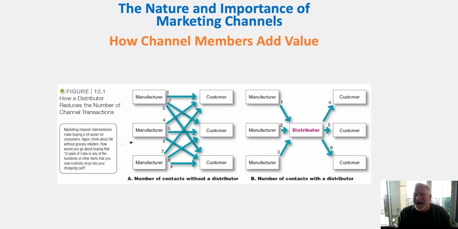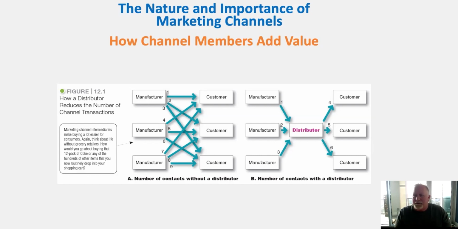Think about if we didn't have an intermediary like this. So we had milk manufacturers, we had beef and meat manufacturers, we had bread manufacturers, we have all the different ones out there. And let's say they had to communicate and work with every single customer for them to be able to get products. And if you as a customer had to work with all these different manufacturers to get your supply of all the products you need in order to make your grocery basket full, that would cause a tremendous amount of complexity and difficulty for you to be able to shop and get all that.